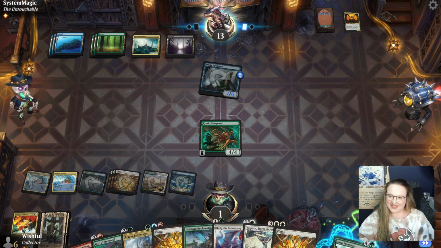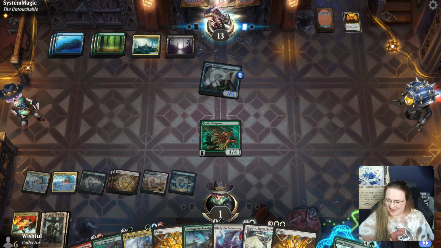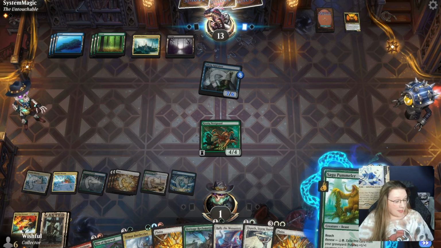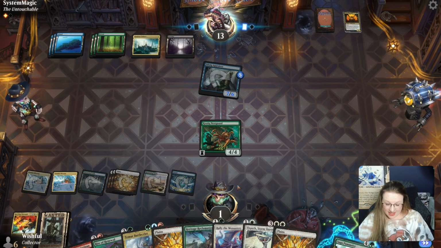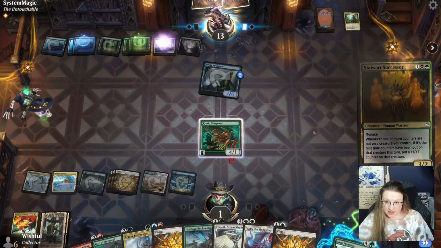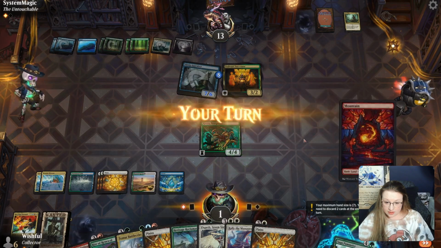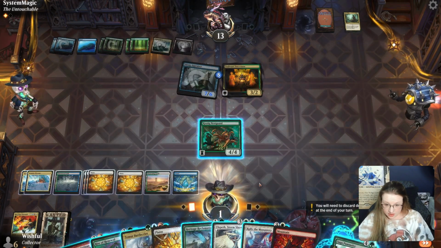Hit him with the hello. I'm sure they were just assuming I was dead. Okay, so we have 5, 6, 7, 8 lands next turn. And Elspeth Rally the Monastery is... Okay. So...